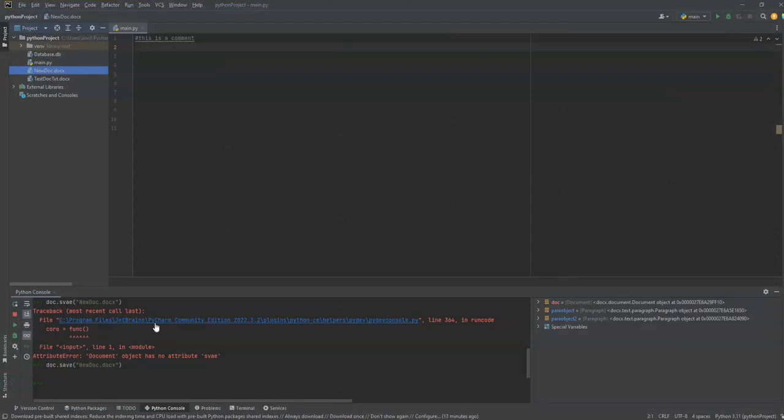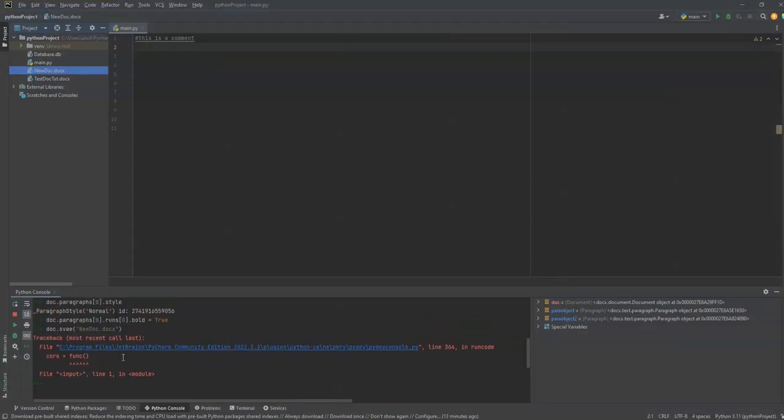Now, if we went back and changed this, for example to paragraphs index 1, it would actually make the second paragraph bold, as we touched on with indexes in a previous video, not a very recent one, but a previous video about Python. But yeah, that's the basics of how you write text to a Word document in Python,